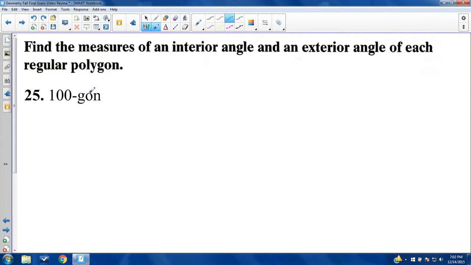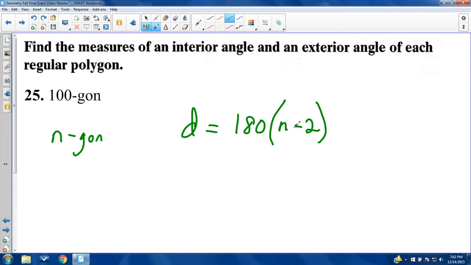First of all, for any n-gon, the sum of the measures of your interior angles D is equal to 180 times the number of triangles in your polygon that are made up using your interior angles. And your triangles is made up by doing your number of sides and subtracting 2. So if you want to go straight by formula, we do D for a 100-gon. D equals 180 times 100 minus 2,